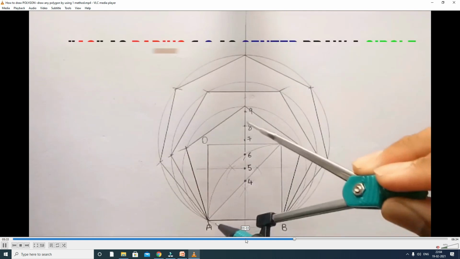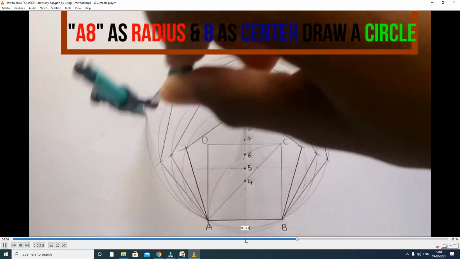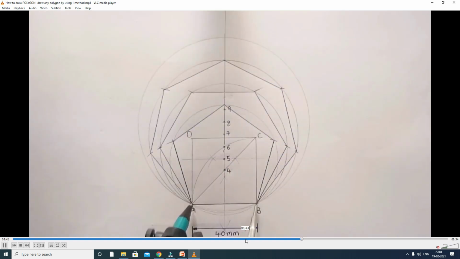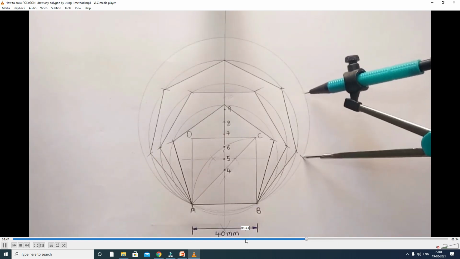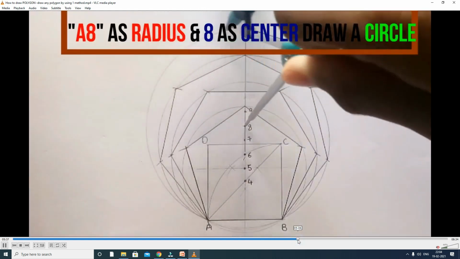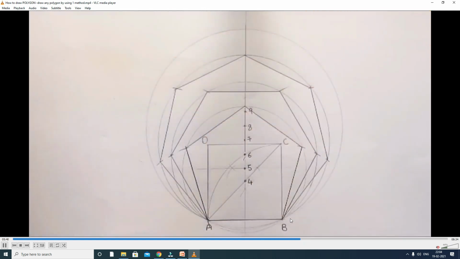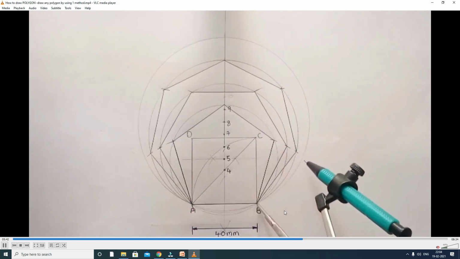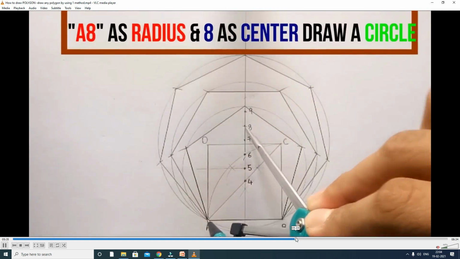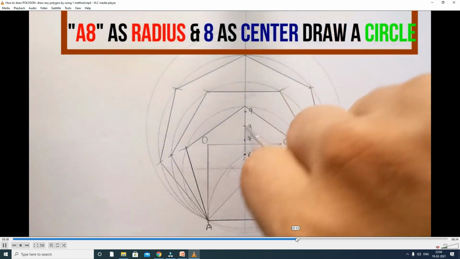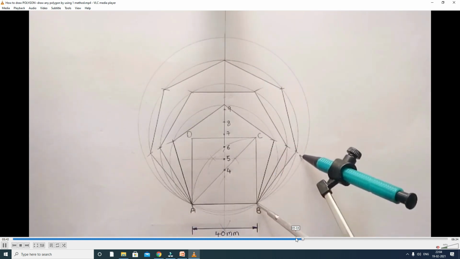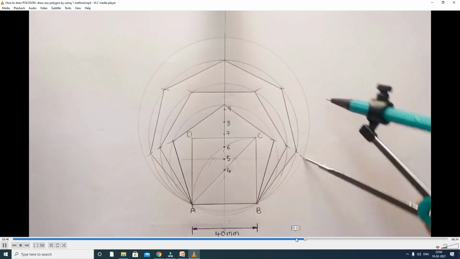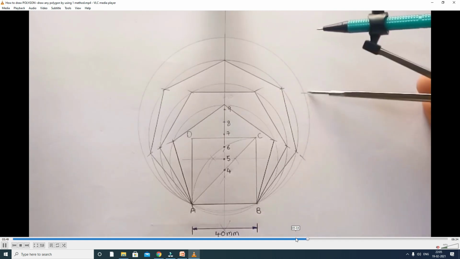Okay, this next octagon. Octagon, 8 is the center. You draw the one circle. 8 to corners A and B, corner touch 8 to here. You observe 8 to that A corner and B. This line you draw the circle. That is the octagon. Okay, you draw. Then after you take the same distance, one side distance A to B, and then cut the arcs in this way, total circle.